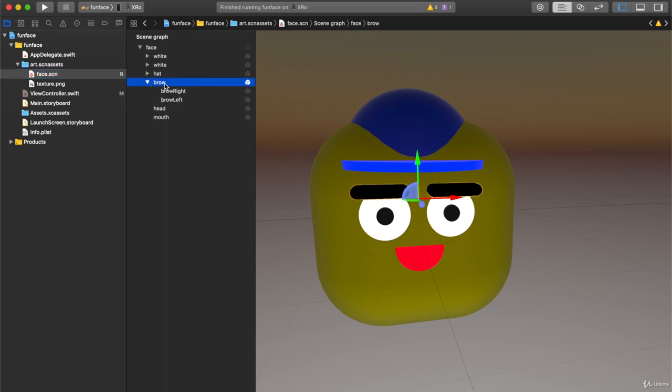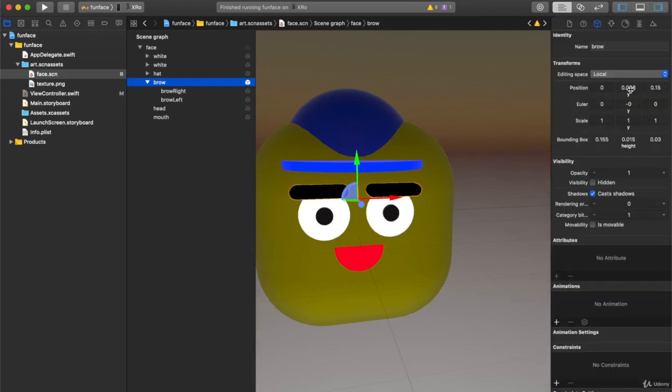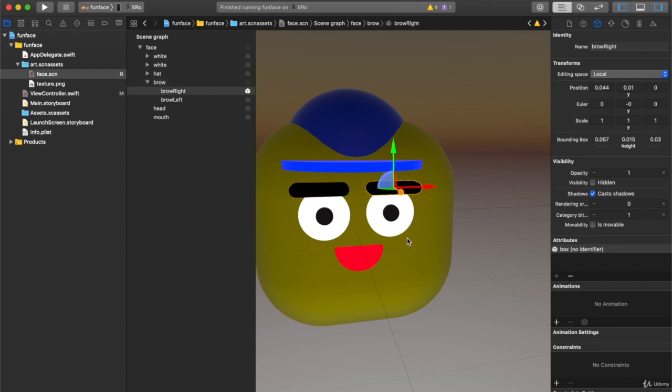Here is the brow itself, which, by the way, has Y location of 0.05. Okay, so it's 5 centimeters above our origin. Good to know, because we are going to make sure that we use this. And then here, what we are going to do is to either,